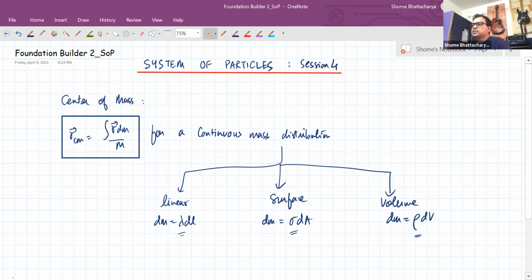So we had seen a few examples of linear distributions of mass, and then